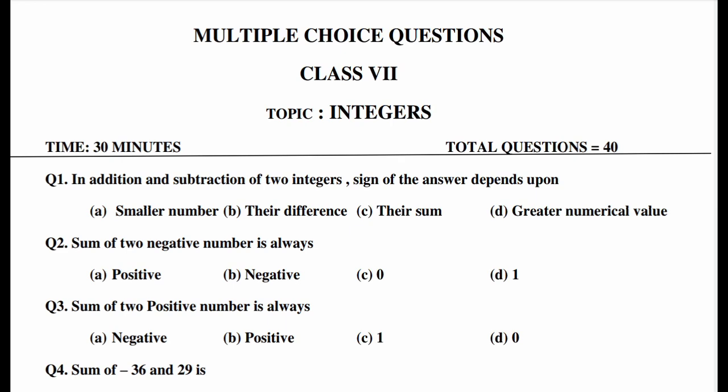Question number 2 is sum of two negative number is always A positive, B negative, C 0, D 1, and we know that it is negative. Third is sum of two positive number is always A negative, B positive, C 1, D 0, and it is positive. And question number 4 is